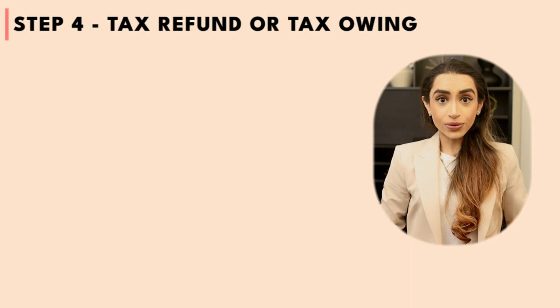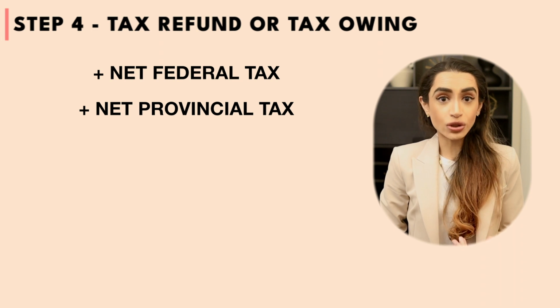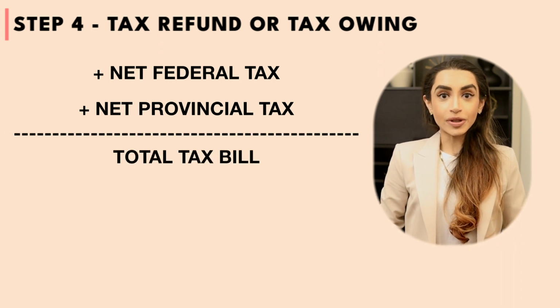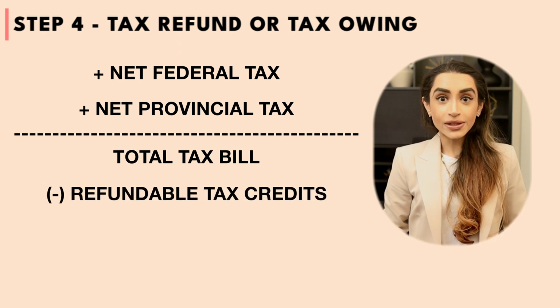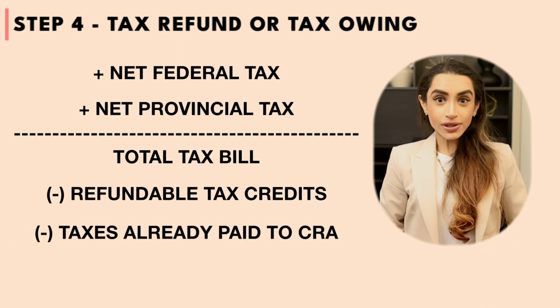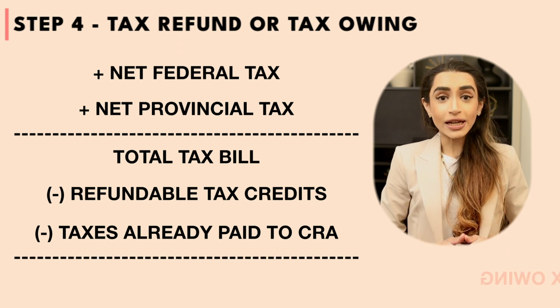Step 4, calculating your tax refund or tax owing. Amounts from step 2 and 3, that is your net federal tax, plus your net provincial tax, are added together to arrive at your total tax bill. Then from this total tax bill, any refundable tax credits that you can claim are deducted. Any taxes already paid to the CRA, such as from your paycheck, are also deducted